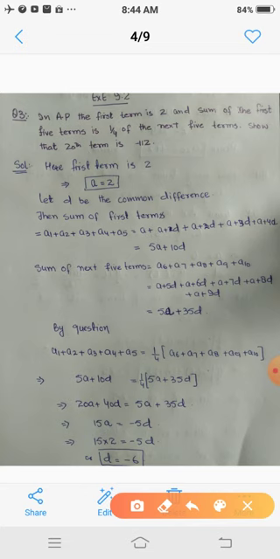In the previous video lecture we had discussed the concept of arithmetic progression, arithmetic mean, and the sum of the first n terms of an arithmetic progression or arithmetic sequence. Now today we are going to discuss